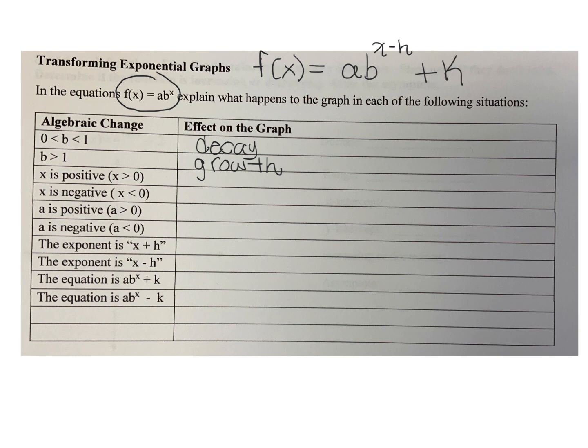So if my x up top is positive, then there's no change. But if I make x negative, then it's reflected across the y-axis. If you make x negative, you reflect across the y-axis. If a is positive, there's no change. But if we make a negative, which is like making all the y's negative, then we reflect